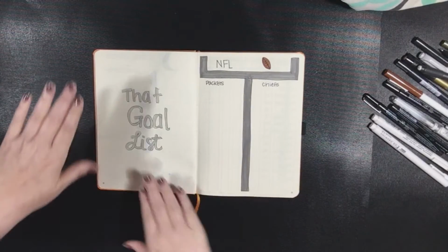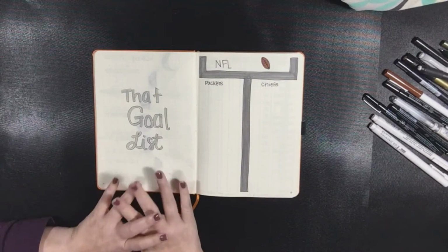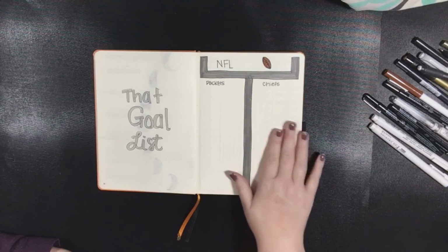These 2 pages, so this is my goal list. I will put goals around it. I don't know what my goals are going to focus on right now, but as I come up with a goal, then I will put that there. And then over here's my